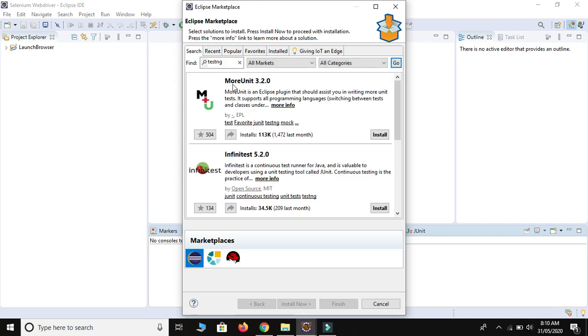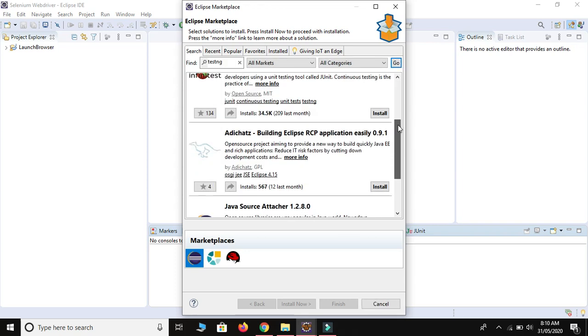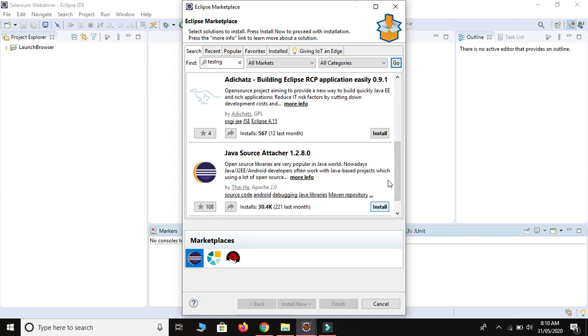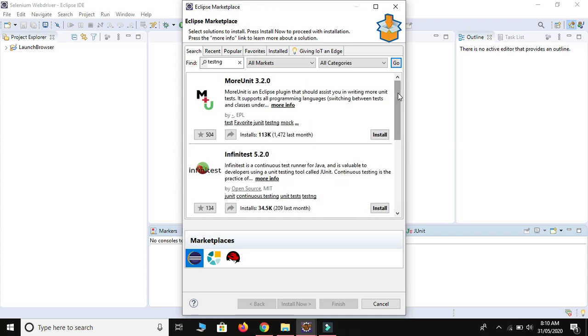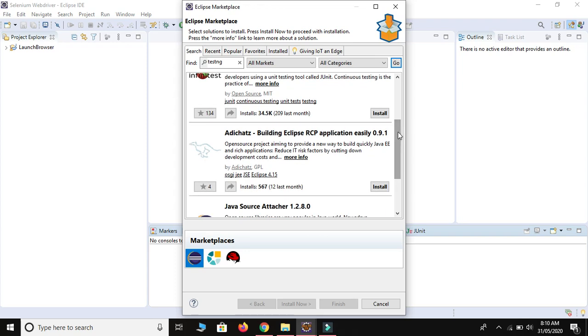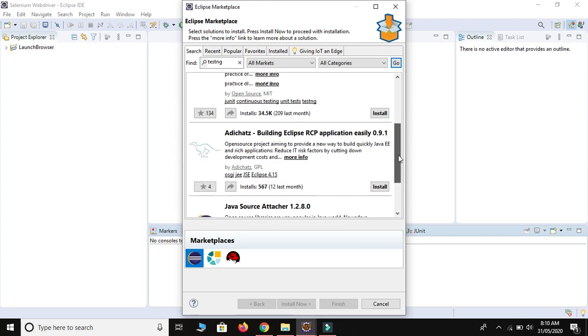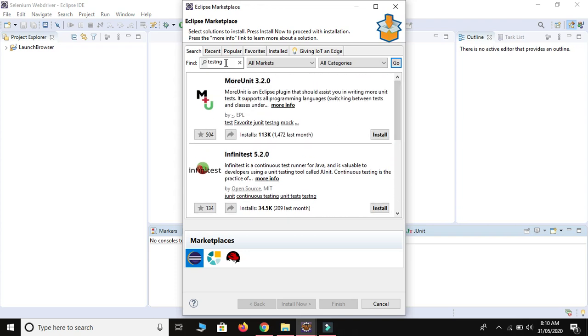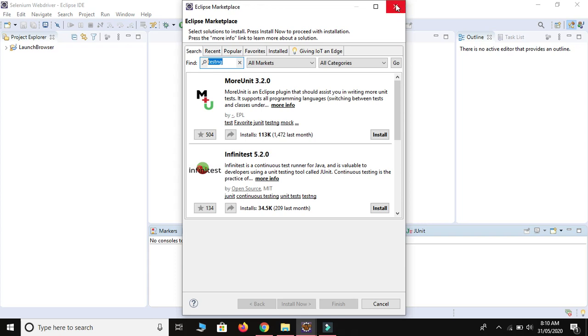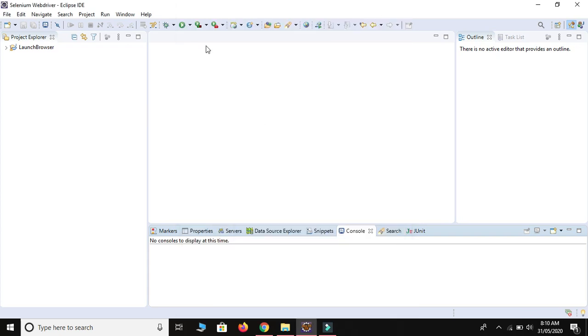Okay, if you are able to see the TestNG option in your system, then you need to click on this Install button. But I am not able to see the TestNG option on my machine. So for me, the first option is not working. Okay, no problem. I will close this. If you see the TestNG option in your system, then click the Install button and it will download TestNG, but I am not able to see it in my system, so I will try the second way.